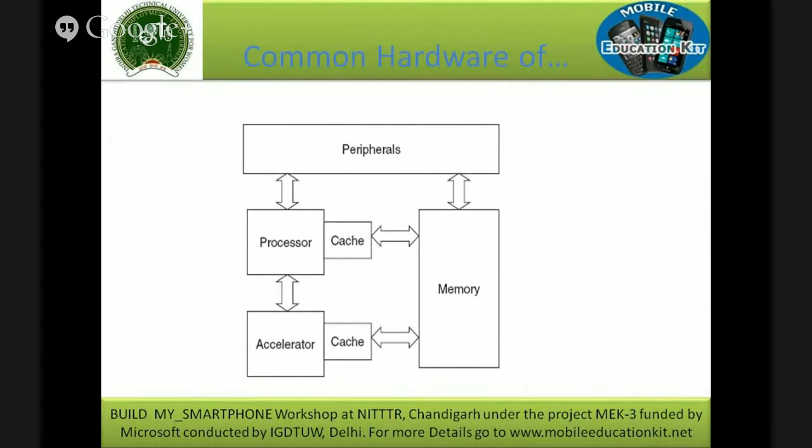You see what is the title? Components, common hardware of a computer. I say that it may have a peripheral, and in any computer, one thing is common, that's the processor. If there is a processor, I need to have a memory. Why? Can memory and processor exist independently? No, they have to be associated in any computer. So when I have a processor, I need a memory.